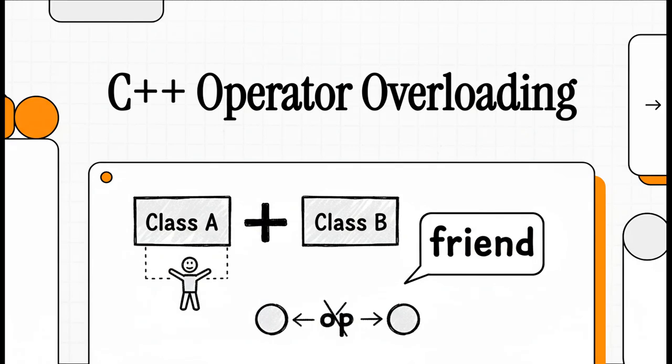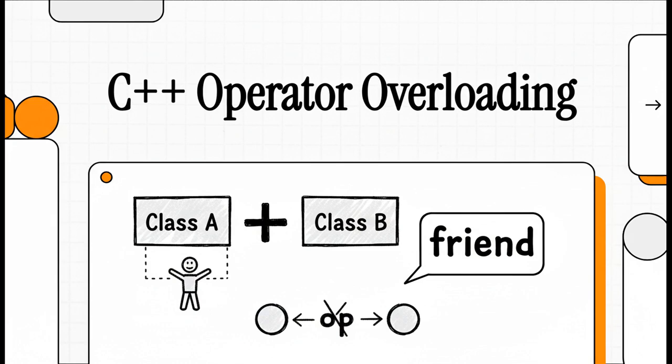Welcome to the Explainer. Today, we're going to talk about a really powerful feature in C++ that can make your code so much cleaner, more intuitive, frankly, just more natural to write. We're talking about operator overloading, and specifically how this one little keyword, friend, solves a super common and kind of